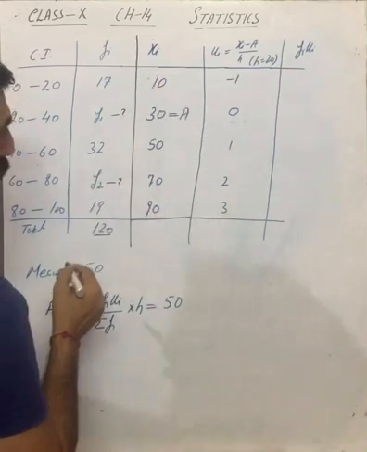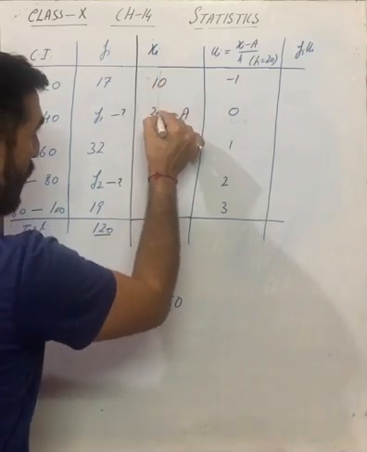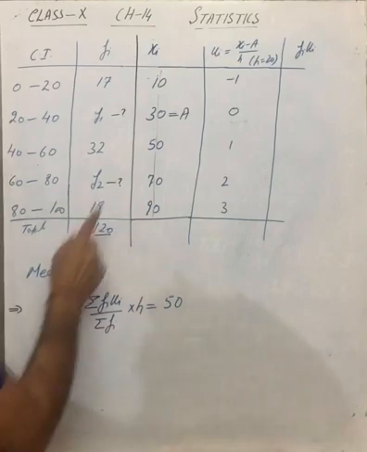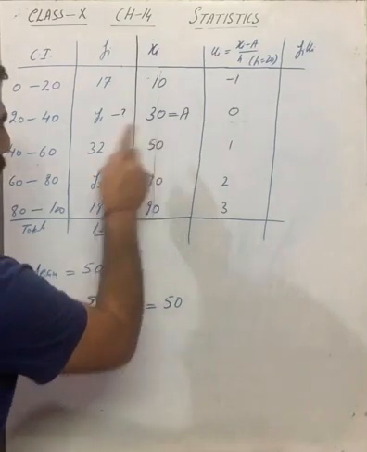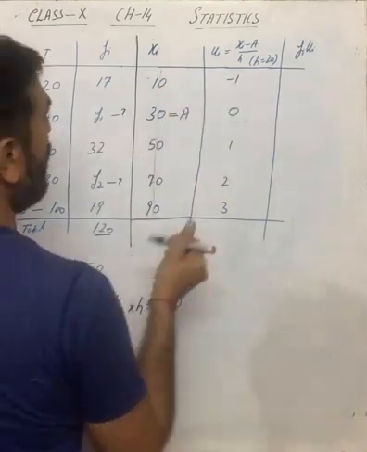To overcome that mistake, I advise you, when you solve the question in the paper, put a light line with a pencil above this column, so that you can remember that this column is not to be considered in multiplication, and we need to multiply these two, fi and ui.